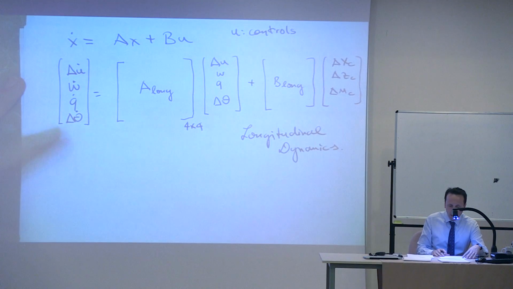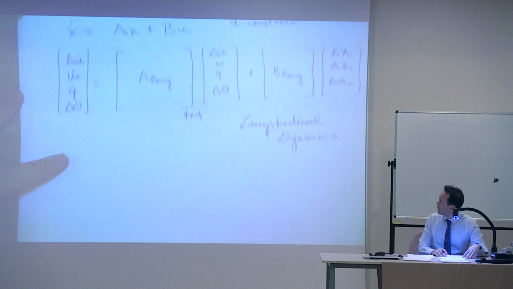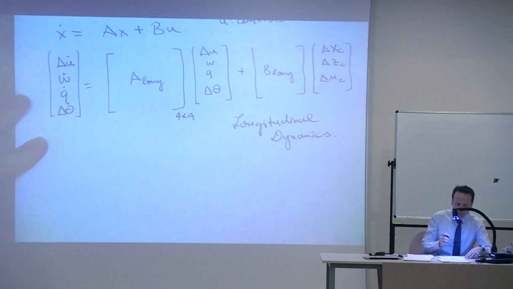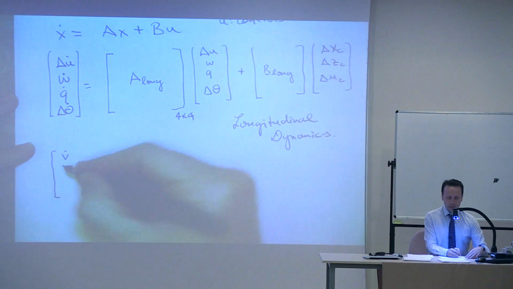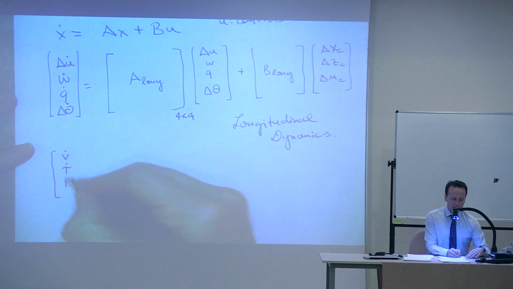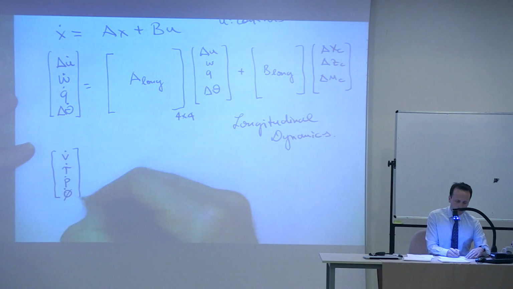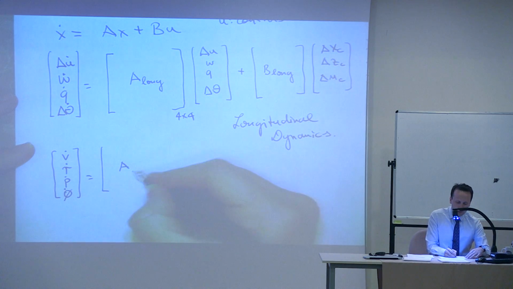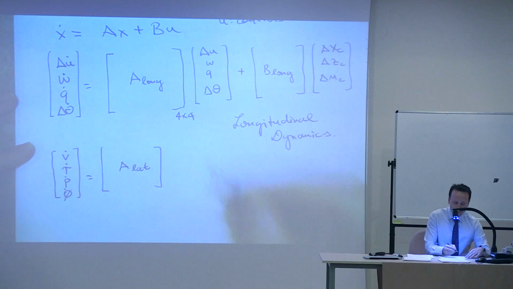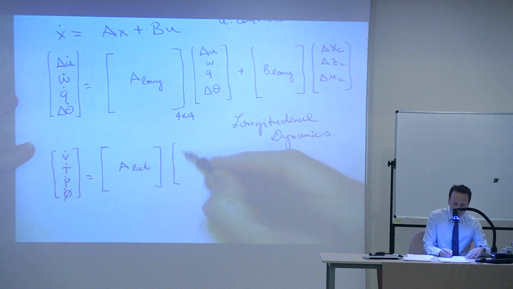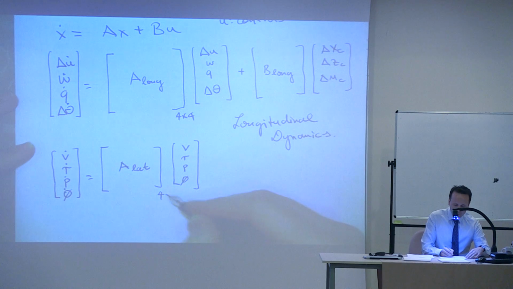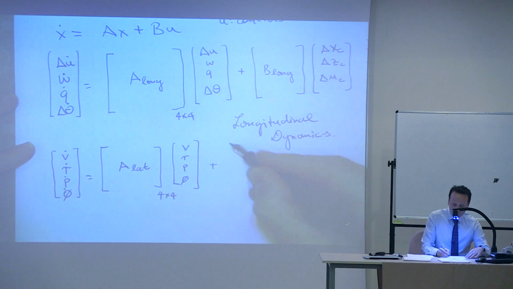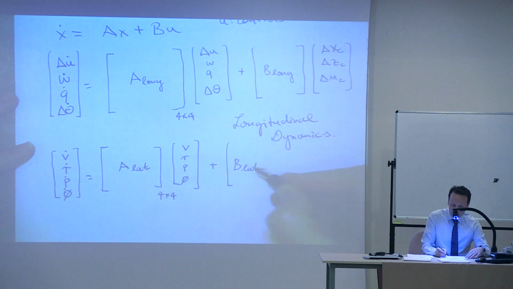Okay? And now you can write a very similar thing for the lateral dynamics. We could say now, V dot, R dot, P dot, and phi dot is equal to A, now call it the lateral dynamics, A lat, and here we have V, R, P, and phi. Okay? And that's again a 4 by 4 matrix. Plus B lat, lateral dynamics, and here you have